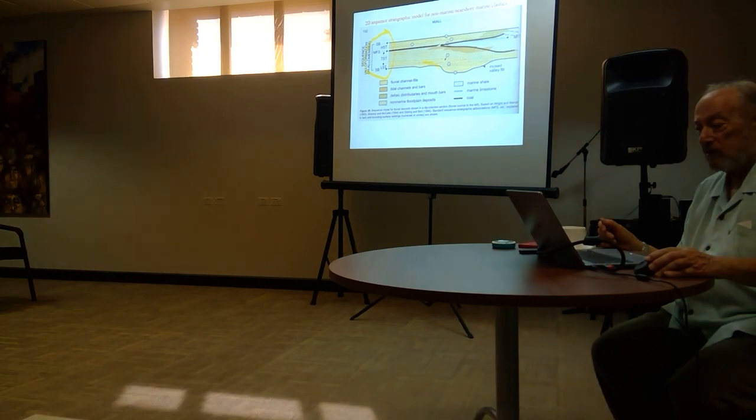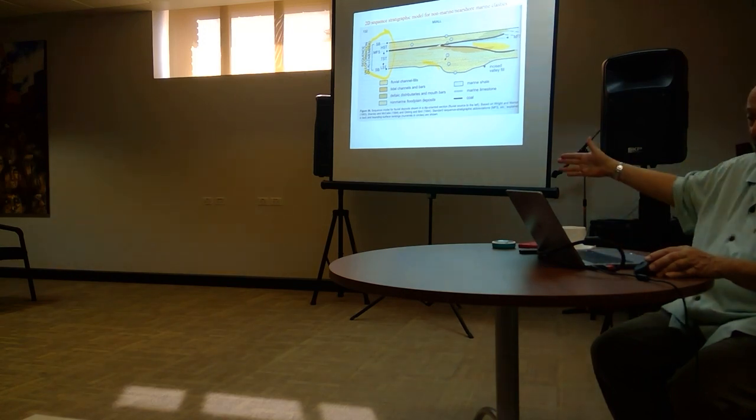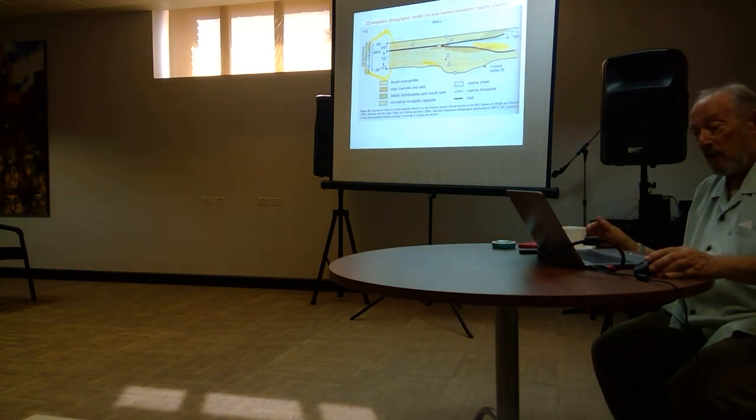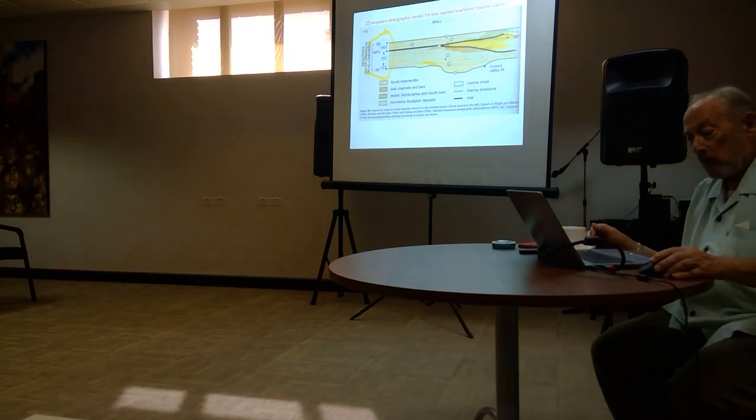So in essence, if we go to the marine environment here, what have you got? You've got a wedge, where with transgression your shoreline's moving landward, so you're depositing shales seaward of the shoreline sands, and then here you're depositing shales seaward of the shoreline sands. So you end up with a sedimentary wedge like this. So in this case, say I drilled a well, I'm going to drill my well